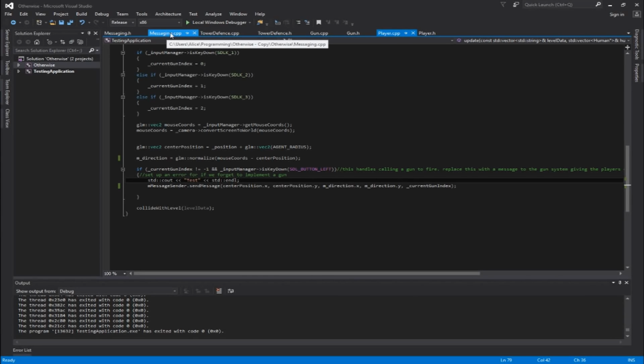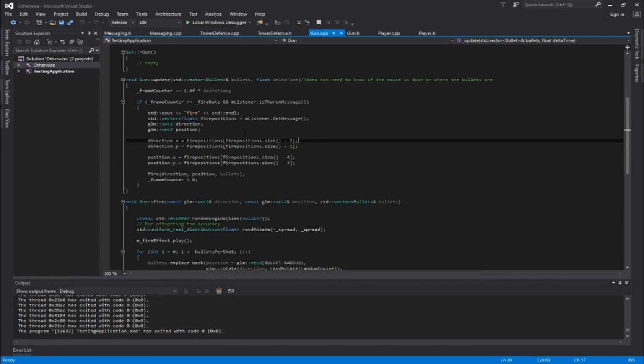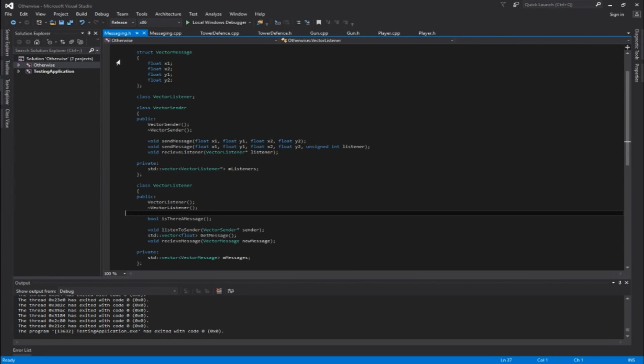Let's say pop into gun and is there a message. So, let's remove all the messages between fires. So pop in here, and let's say